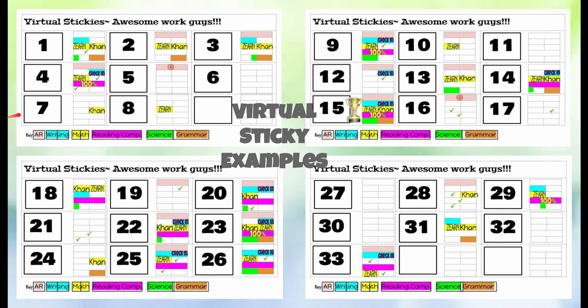And then I put these in our slides, and generally each one of these boxes is its own page, but I just kind of stuck them all on one page this time. But here's the key down here. So AR is going to be this first box, and it's a solid box. And so all the kids who met that 30% AR goal for that week, they have that color marked in their box. Then we have writing.